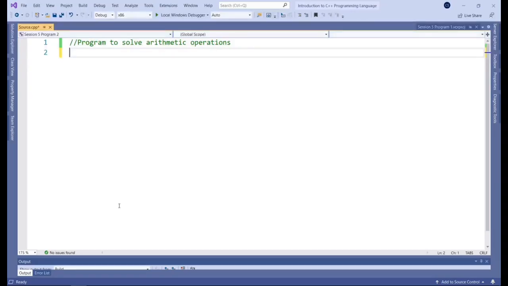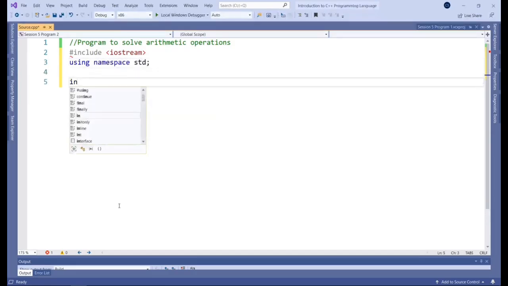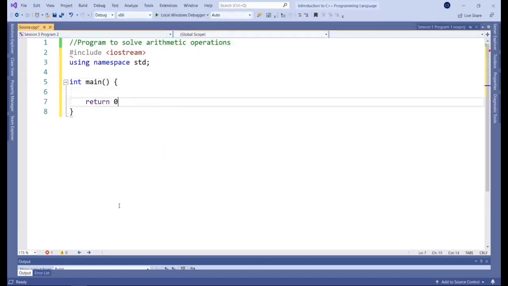So from the beginning, we can think of our preprocessors and which ones we'll need. The obvious one that I can think of so far is iostream, because we're dealing with input and output. So let's go ahead and declare that, iostream, and then using namespace std, and then we go into our main function. Okay, so nothing new so far. Everything's as up until this point.